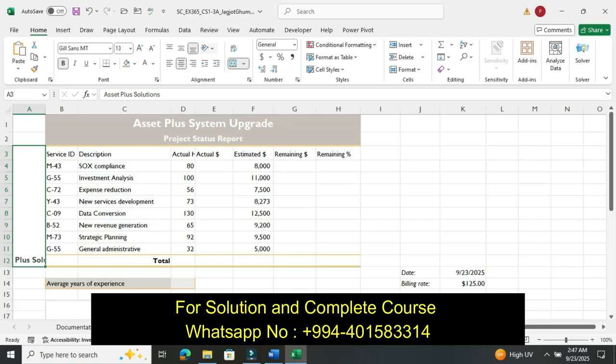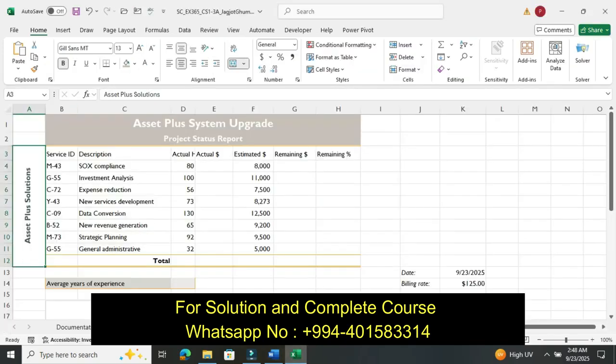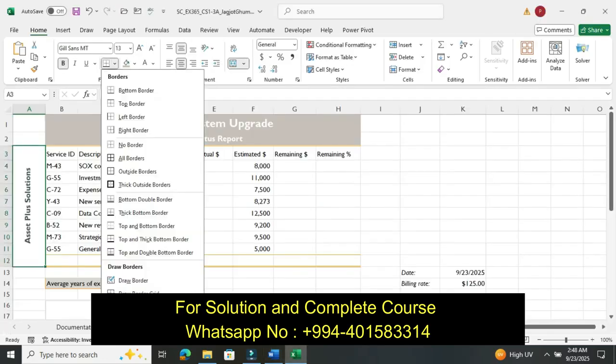So rotate the text. It would read bottom to top. Then middle align and center align, simply do this. Remove the border from the merged cell.